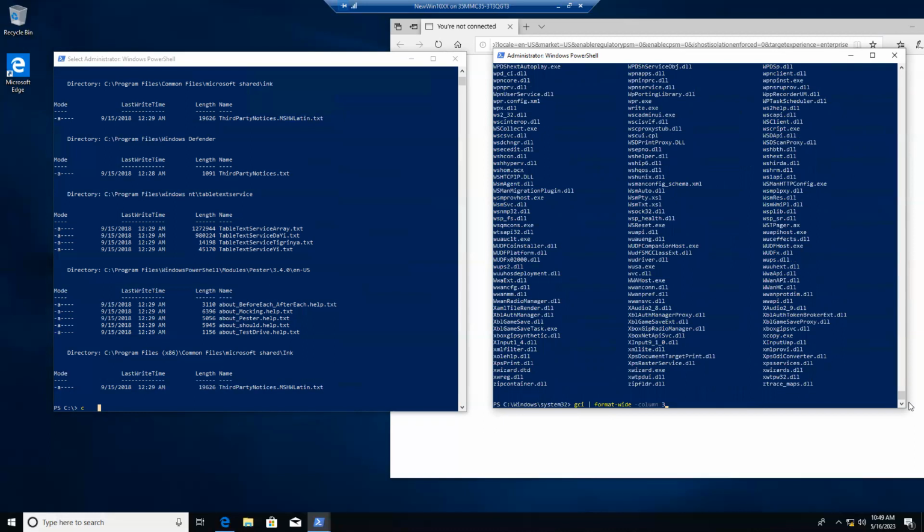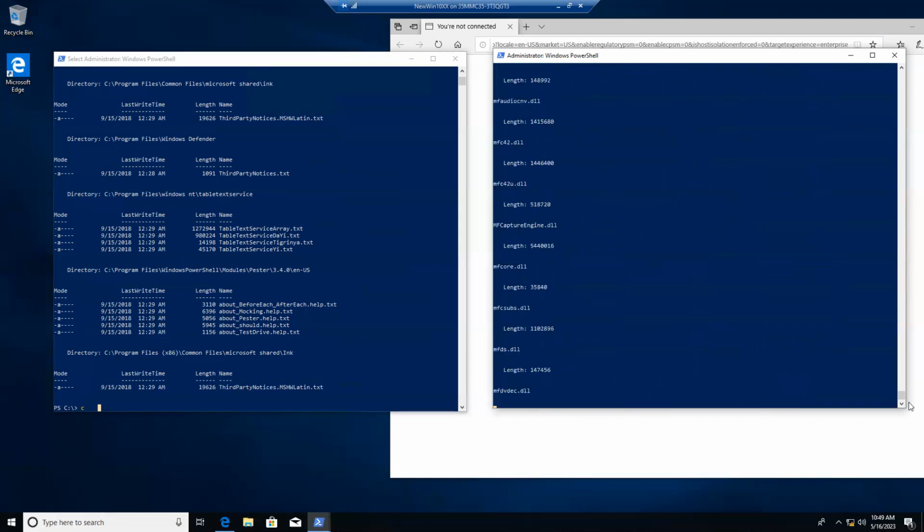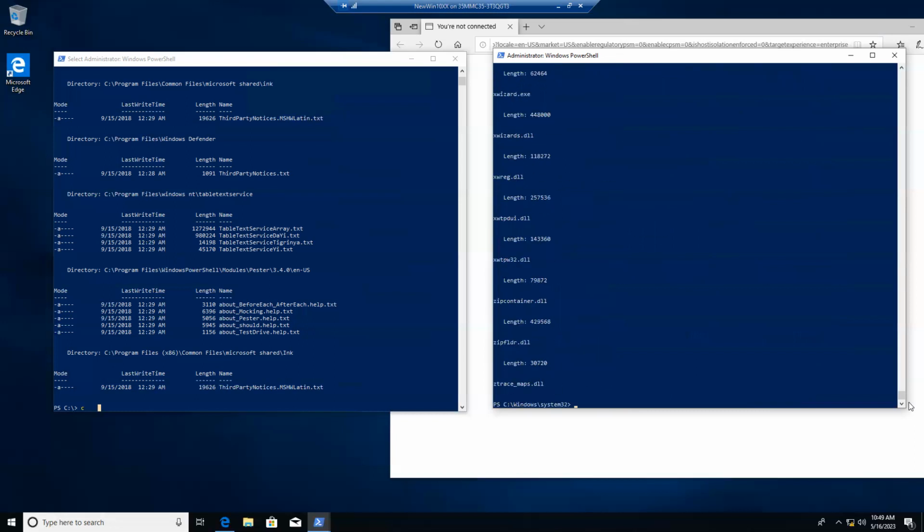Let me go ahead and say sorted by property name. Okay, and group by length. So I can go ahead and use different types of options to do that. In fact, I don't even like this. Let me go ahead and sort it as a table. To do that, I can do GCI